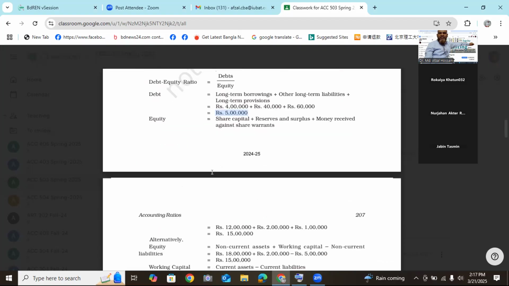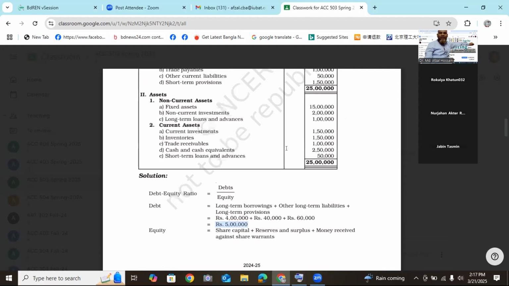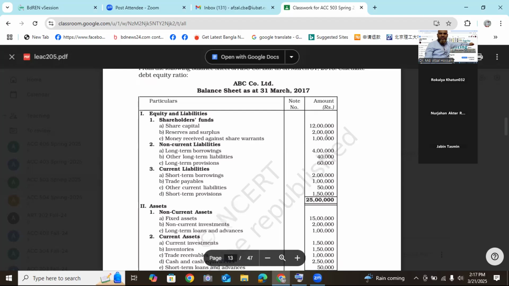Equity means share capital plus reserve and surplus plus money received against share warrant. So these are all the equity. Okay. And if you divide,